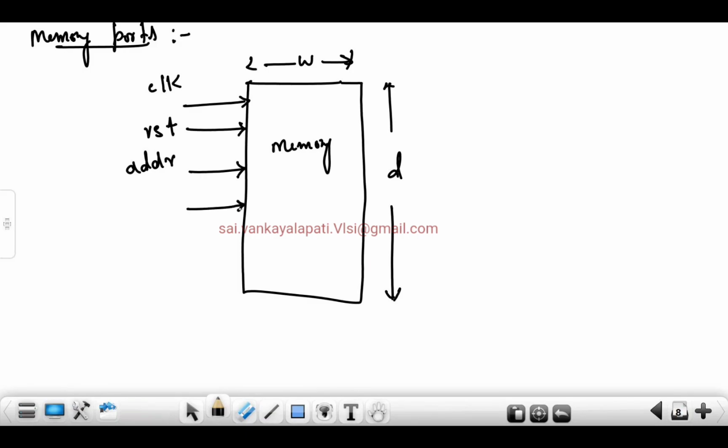Suppose I want to write data to the memory. I need one more input. Shall I call that W data, which is nothing but write data? I'm writing data into the memory. Write data, is it an input port or output port? Input port. Now, what about reading? Data is already there in the memory and I'm reading that memory. Correct? Read data. How do I read the data? So what can I call this?